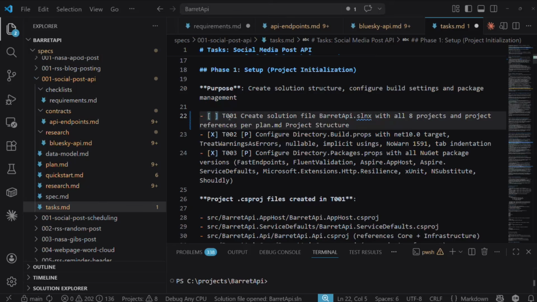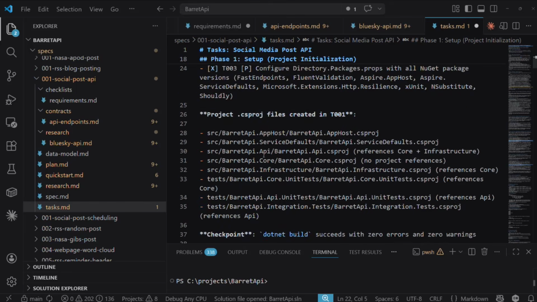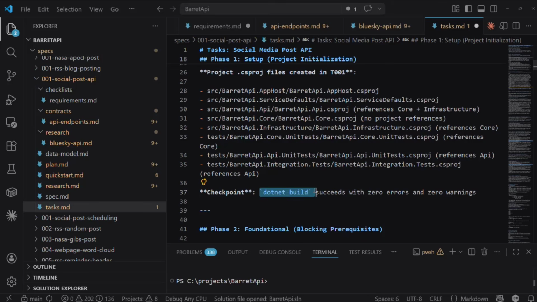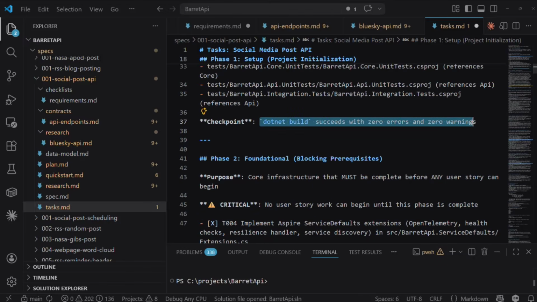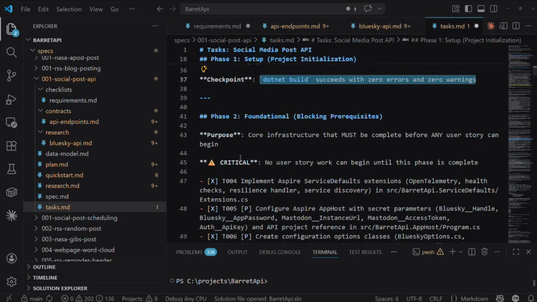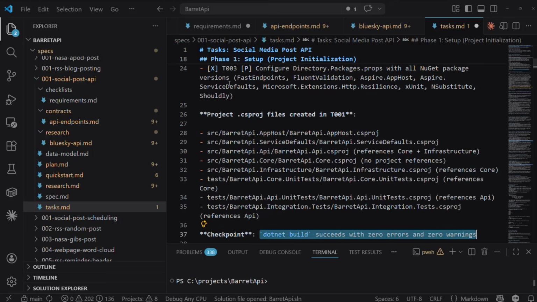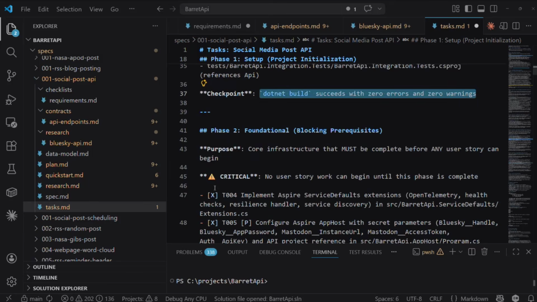And then as it goes through and does the implementation piece, if it does it itself, it'll check these off itself. Or, if you as a developer complete one of the tasks, you would have to check that off manually. And for each set of tasks, it might come up with a checkpoint and say, okay, after tasks 1, 2, and 3 are done, I have to have a successful .NET build. It has to build with 0 errors and 0 warnings. That kind of thing. So again, then it'll go on to phase 2. And until this checkpoint is successful, the implement command won't go on to the next step. So if something was failing on task 3, it won't go on to task 4.